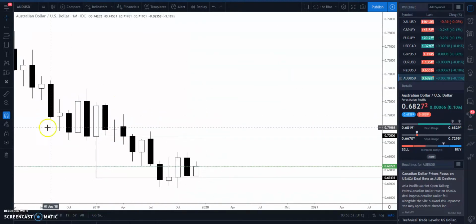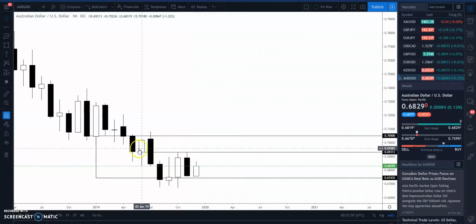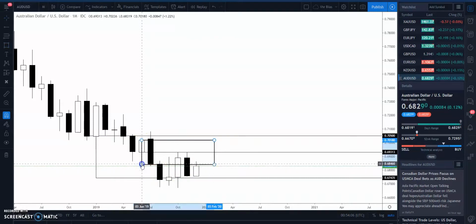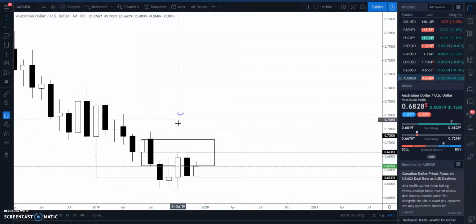50. Another level that I would like to point out will be this level here. So you can see, I'm going to draw this out to about here. There you go. At this level, this zone that I've drawn out, this bearish order block, just gives us another indication that price is in the bearish volume, so to speak. And this is almost the EQ of this level. So you can see price hit this resistance level at